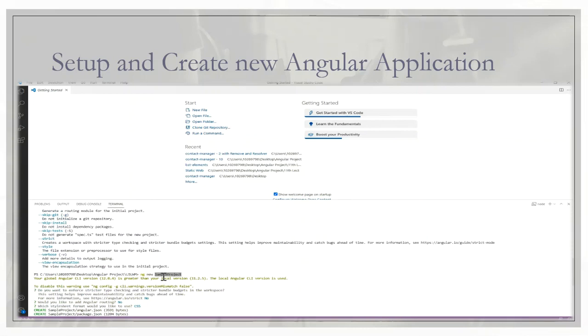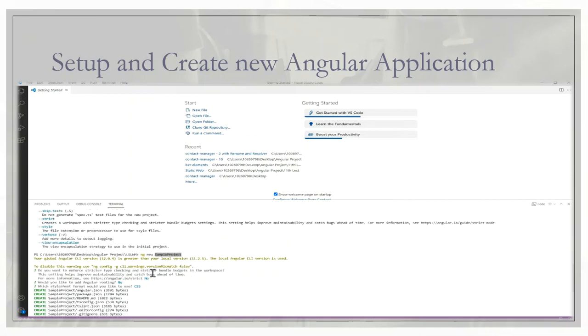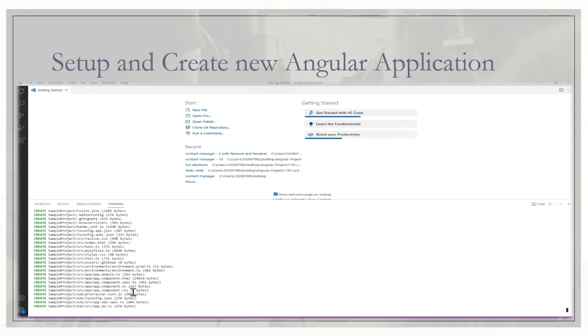A project is a collection of applications, which means that within a single project you can create multiple applications. In a similar way, in the back end we create one solution, and under the solution we have multiple projects, might be library projects or some other ones. In the same way, within that project we can have multiple applications. In the meantime, the sample project creation is in progress.